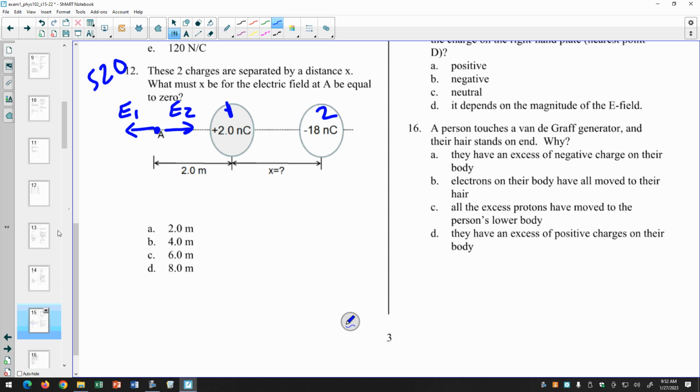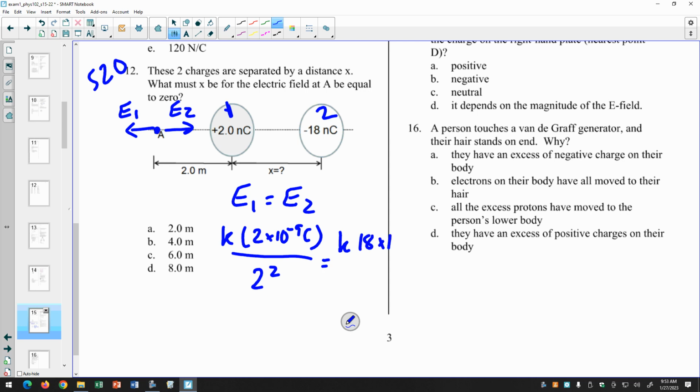All right, so I know that in order for the electric field to be 0, E1 has to equal E2, the magnitudes of those. Okay, so let's just set those equal to one another. That's going to be K times 2 times 10 to the minus 9 coulombs divided by my distance, which is 2 meters squared. And now I'm going to set this equal to K times 18 times 10 to the minus